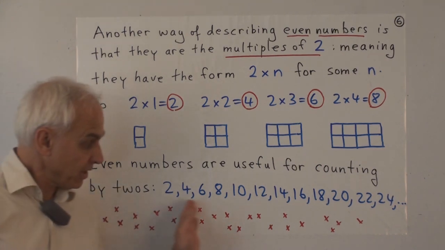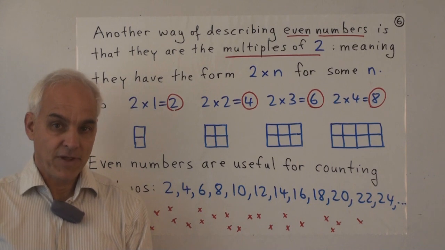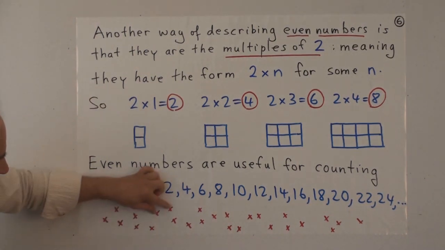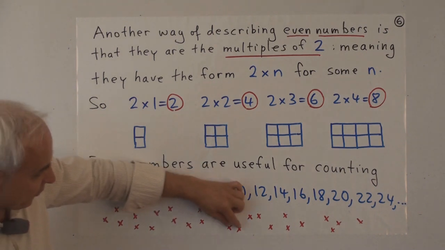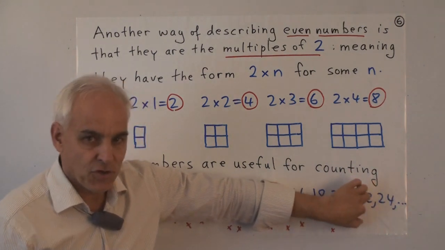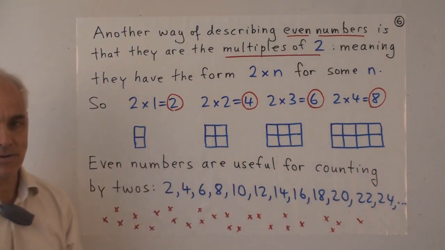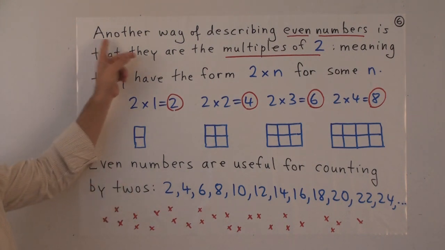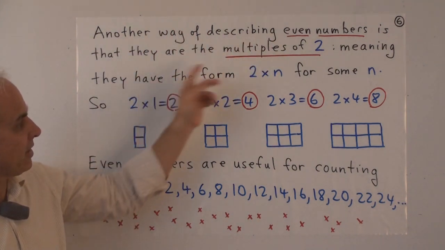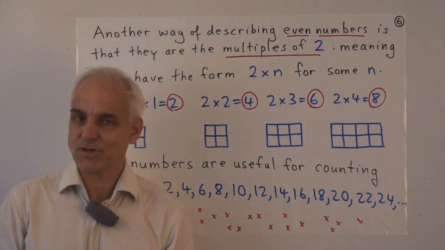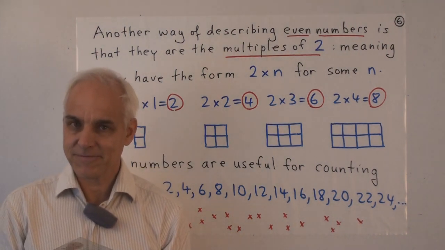Now if you're going to count a long ways by twos, then you will end up finding that you do this. You go 2, 4, 6, 8, 10. 2, 4, 6, 8, 20. 2, 4, 6, 8, 30. 2, 4, 6, 8, 40, and so on. So that's a bit more advanced. Let's just practice counting by twos. Perhaps you can, for example, count the number of letters in a paragraph or something like that. You'll see that counting by twos is more efficient than counting by ones often.